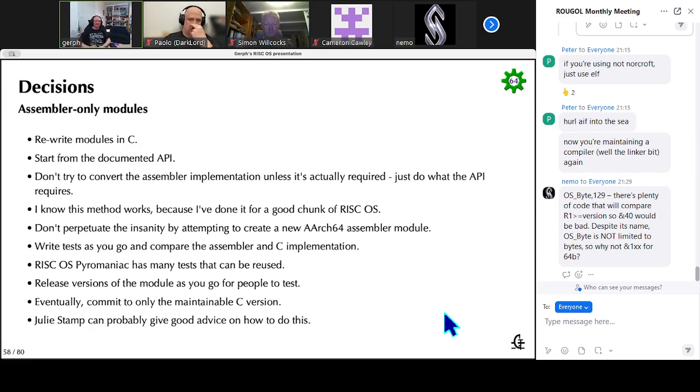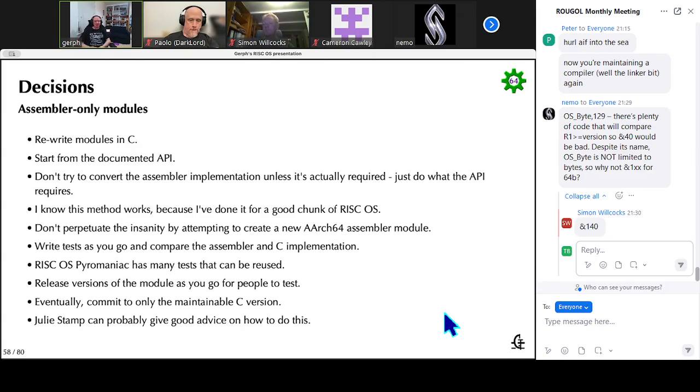Assembler-only modules. I know what I've said before. You know what I've said before. Rewrite them. Get them into C. Start from the documented API. Don't try converting the assembler implementations unless you really require to. It's just painful. And I know that it works by just working from the documented API because I've done it